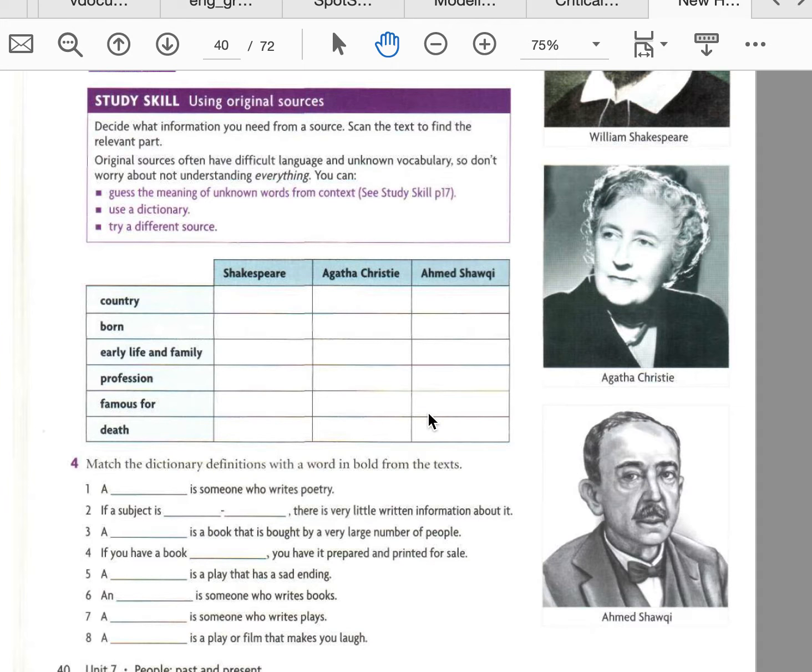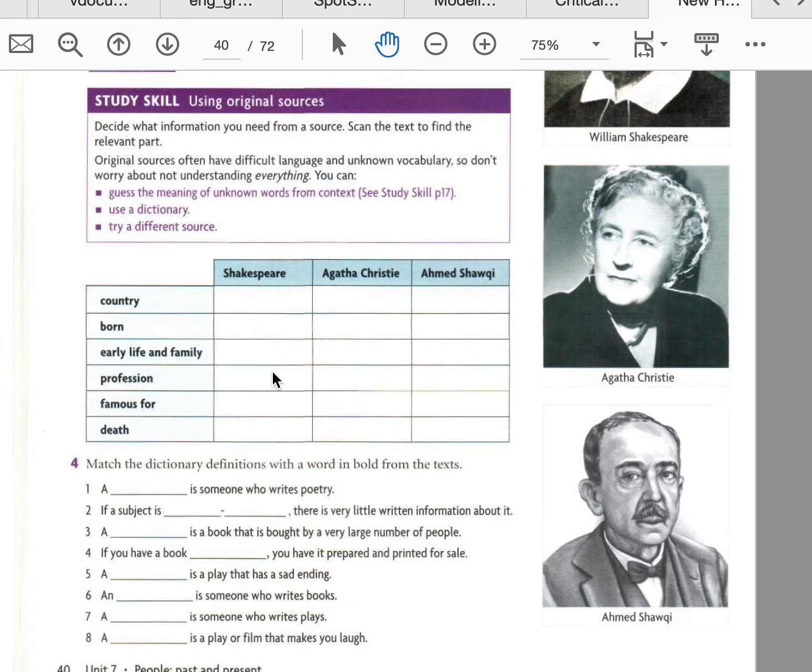Now we're gonna fill out this table with relevant information according to the extracts on page 41. Let's start with Shakespeare. Country: he is from England. Born in 1564 in Stratford-upon-Avon. Early life and family: grammar school, in 1582 he married Anne Hathaway. Profession: he is a playwright and poet,